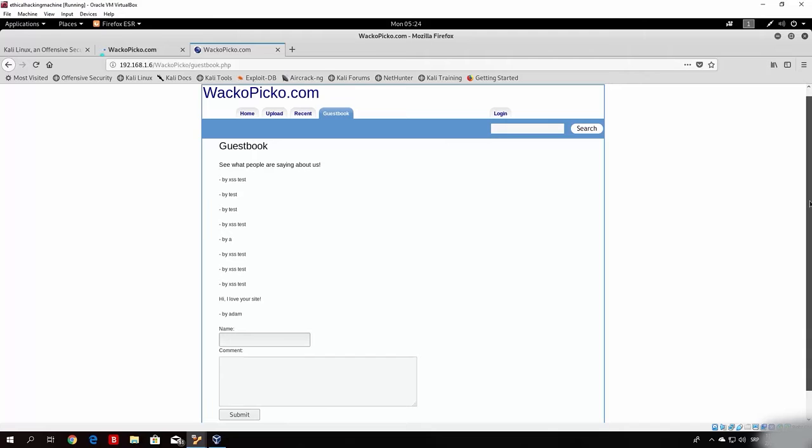So what we can do, for example, is steal cookies from anyone who comes to this page, and we can perform session hijacking with those cookies. Now, it is a different type of script, so what you would want to do right here is basically type here, we can name this anything we want, it doesn't really matter, and what we want to do is script. Then we close this and document.write,